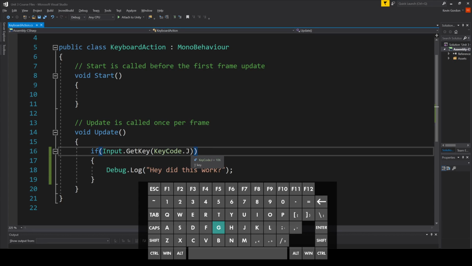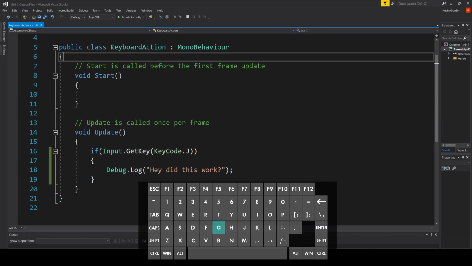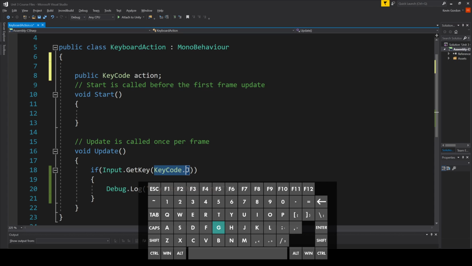I'm going to convert this key code into a variable. So I'm going to go up here above the start function, but before the open curly bracket here. I'm going to press enter a couple of times. Do public key code, and then I'll just type in action as the name of the variable. What this does is it creates a variable for the key here, so that instead of typing in all this every time, all we have to do is just type in the name of the variable here,